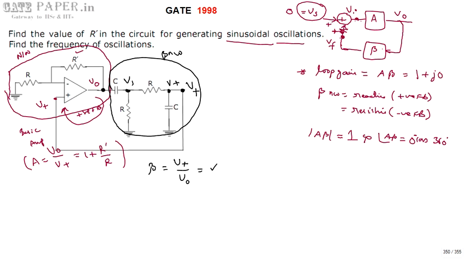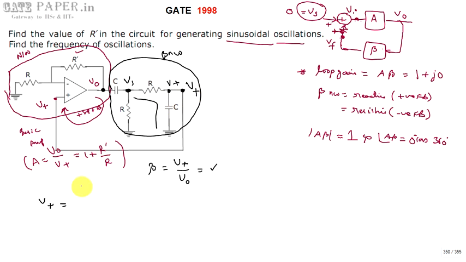So let us assume that V1 is the intermediate node as shown. From this we can write V plus. V1 is the voltage from this point to ground. Either you can go through like this, or it can be drawn in this way also. If you are coming this way, V1 is dropping across R as well as C, but the voltage across C is nothing but V plus.